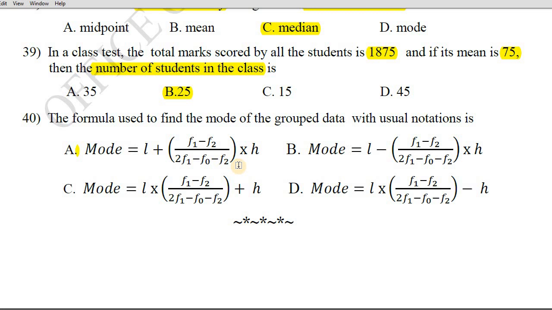When all options are wrong, my suggestion is you don't leave it. You have to attend the question. If any answer is wrong, don't leave it off. Attend the question. Tick for anything, I mean shade any circle. Simply, you don't come off just like that. So what is the mode formula actually? L plus (f1 minus f0) divided by (2 f1 minus f0 minus f2) into h. So that is the mode finding formula.